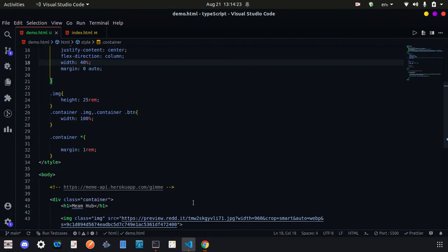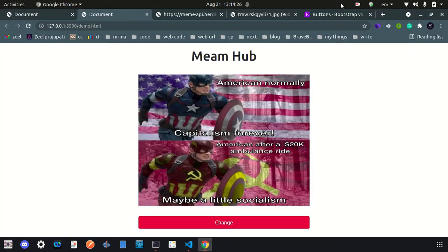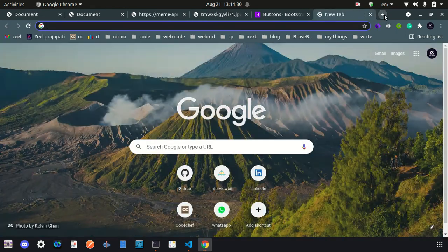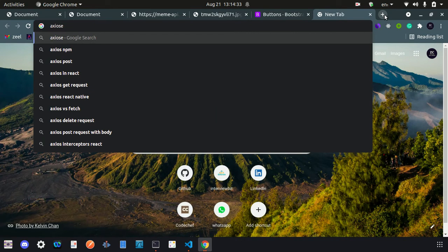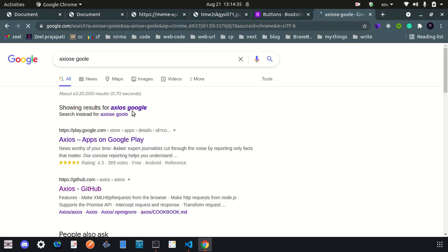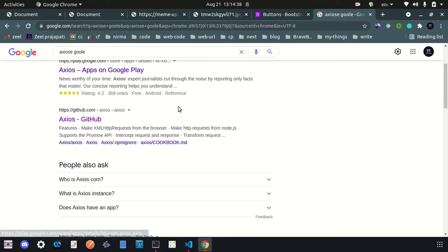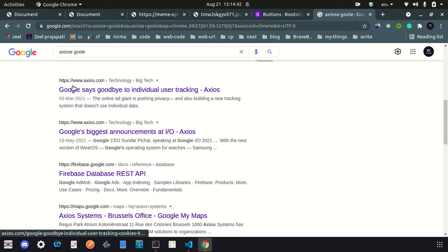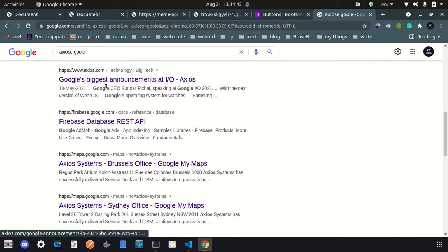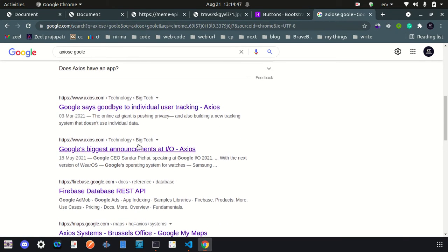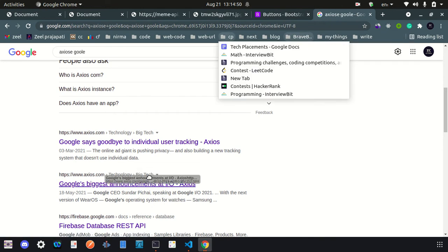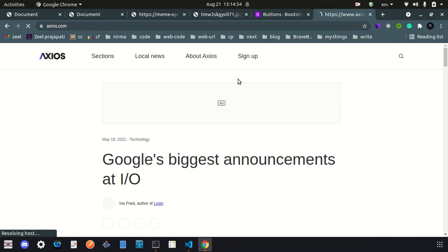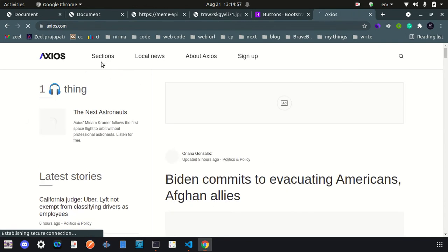So first, for making that request to this API, we are going to use Axios. So what is Axios? If you do not know, just Google it, and find axios.com, go to the main section, and go to docs.